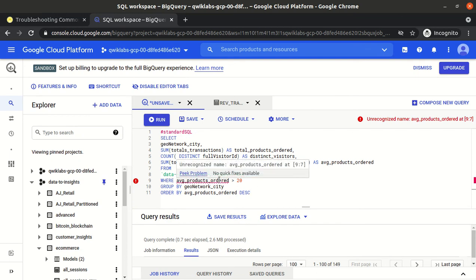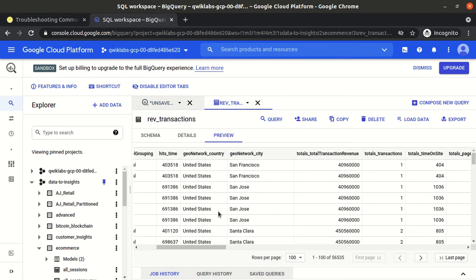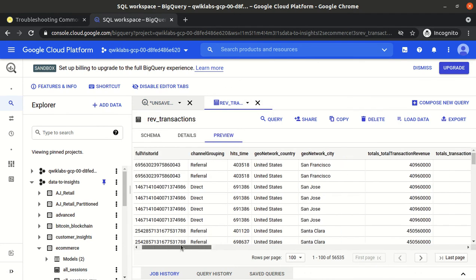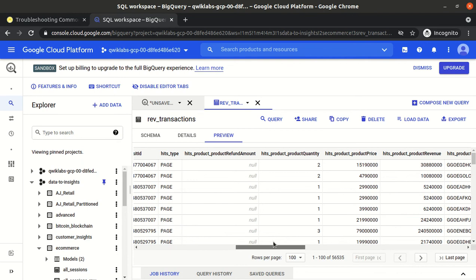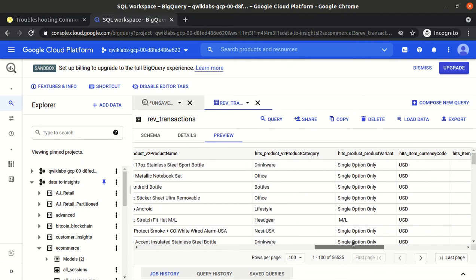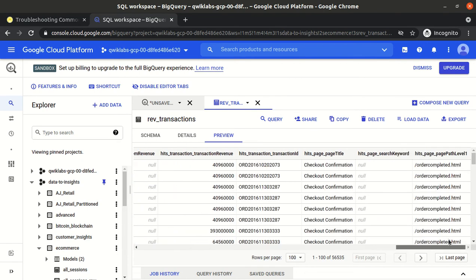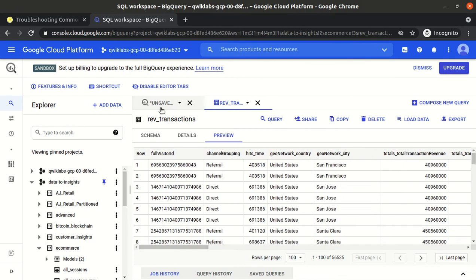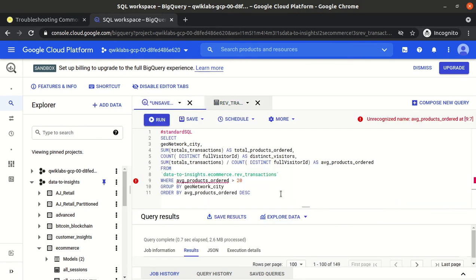Average products ordered, unrecognized name. So this is wrong. Average products ordered is not a name. It is an alias, and we are filtering on the alias, so this is definitely wrong.